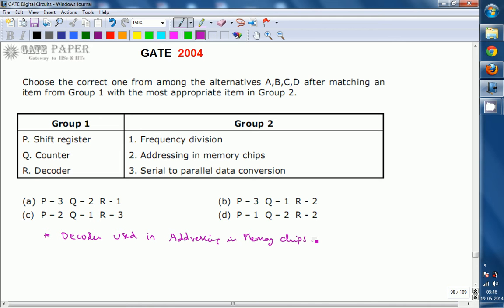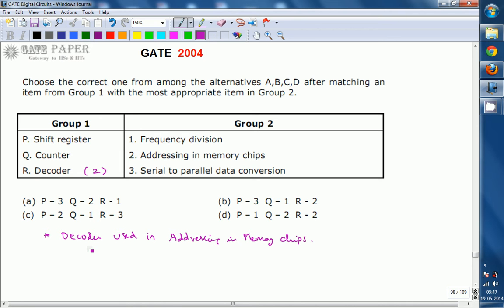Memory chip address is going to be in terms of binary, and the instructions we normally give are in hexadecimal form. So we should be able to convert hexadecimal to binary. The information presented in hexadecimal has to be converted into equivalent binary, and for that we require a decoder. Decoder converts the information present in hexadecimal into equivalent binary so that the memory can be easily accessed according to the binary information. So decoder has to be related to 2.